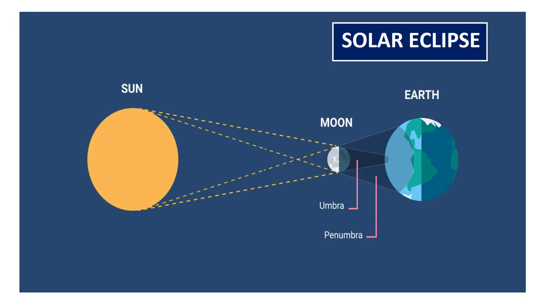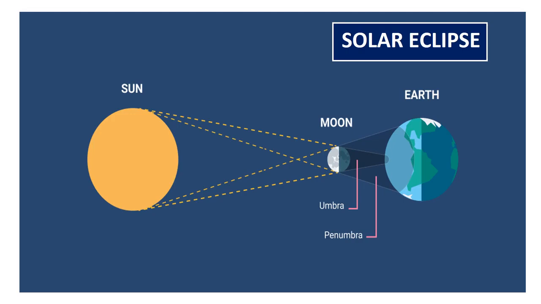Let us understand the solar eclipse through this diagram. Here at one end there is sun, and we all know sun is acting as a source of light in this condition. On the next extreme side we have earth. Here earth is acting as the screen on which the shadow is formed, and moon is acting as the opaque object which is blocking the sun rays partially or completely.